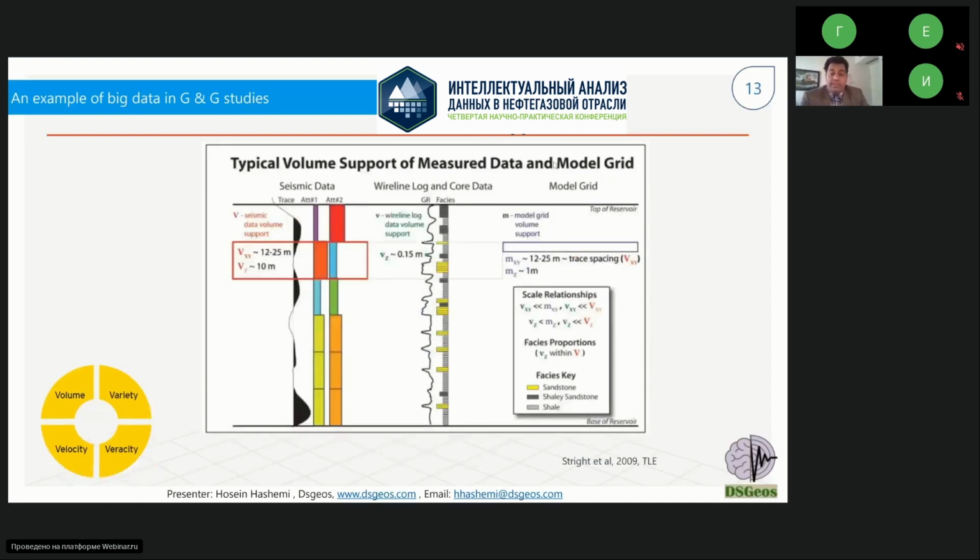So in practice, there is a very nice paper in The Leading Edge journal in 2009 that is written by people and researchers at Stanford University, and Lisa Stright is the first author. I would like to suggest to people to read this paper. This paper shows how we can collaborate and how we can come along with the concept of different scales in the facies analysis. At the left, we have trace,